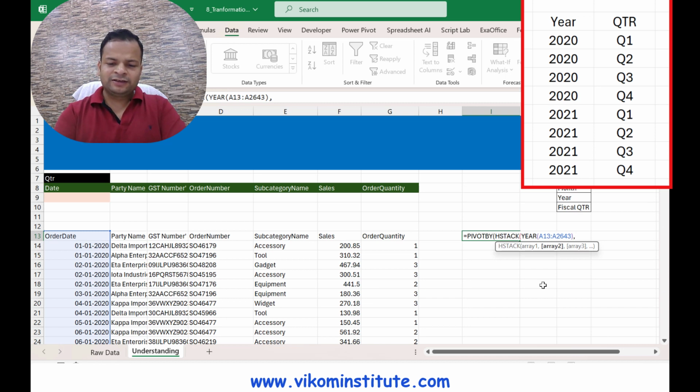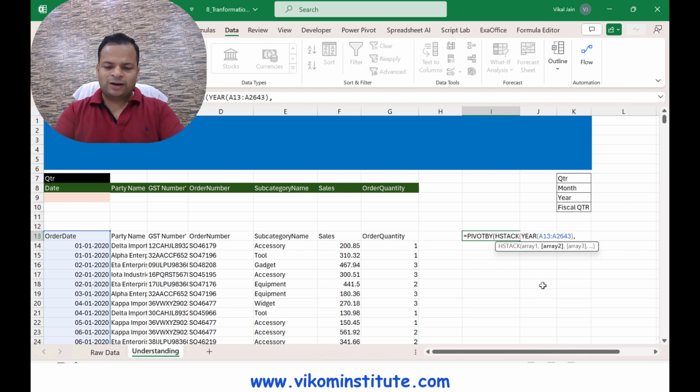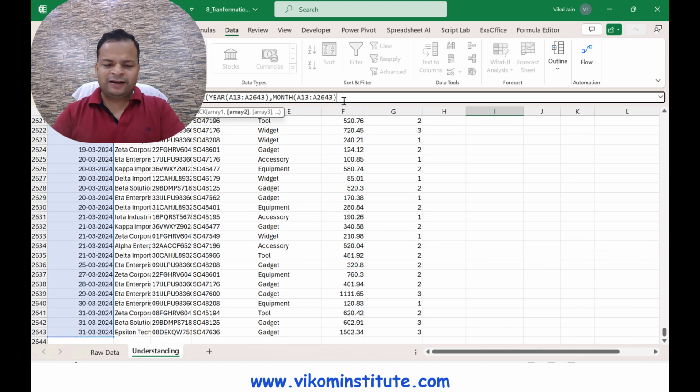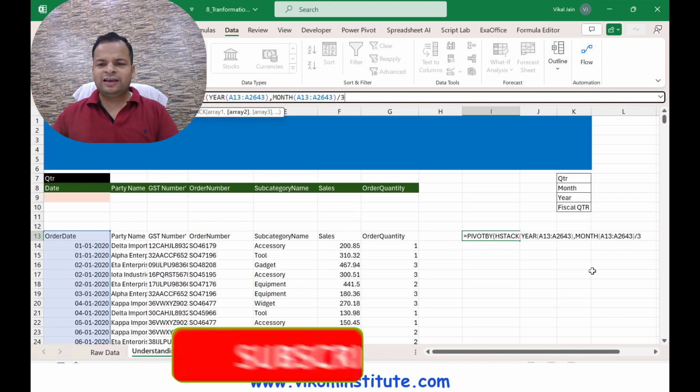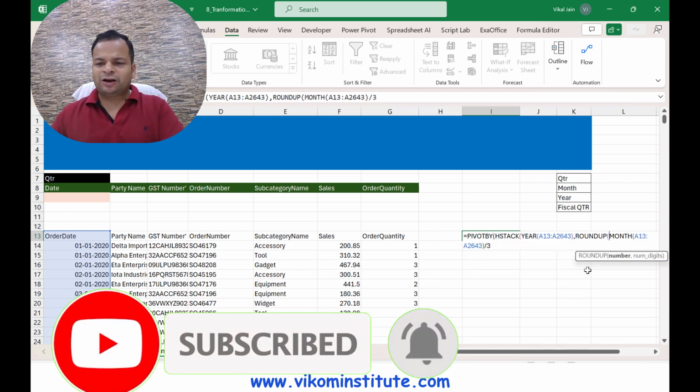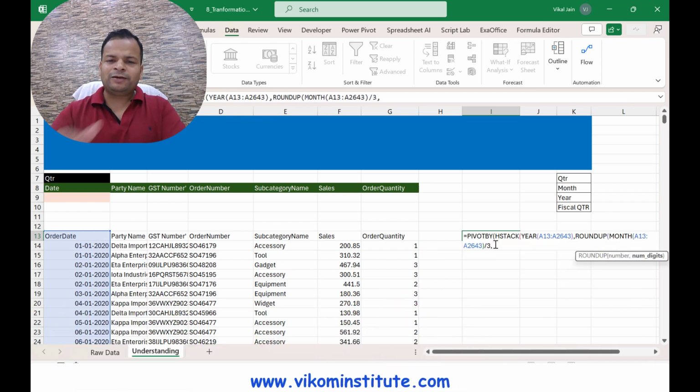So I'm taking quarters. How can we calculate the quarter? Simply take the month and divide by 3. So I'm taking the month here. Now I'm going to divide it by 3. Let's say the month is 1, 2, 3. If I'm talking about March, it is going to provide me the first quarter if I'm talking about calendar year. But what if I talk about January? It is going to provide me 0.33. So what I need to do is simply round it up to 0. So I'm using ROUNDUP, comma, 0. So it is going to provide me 1 for January, February, March.